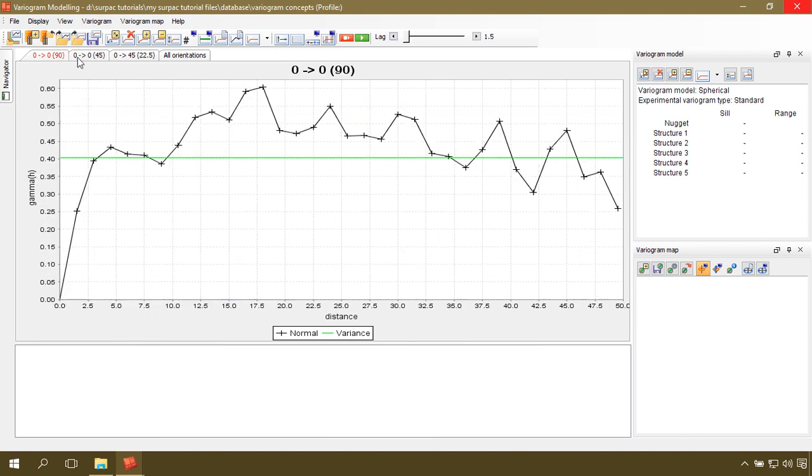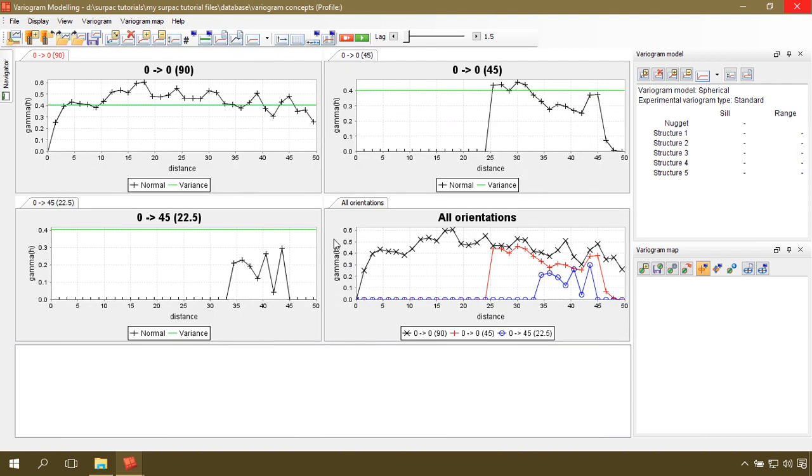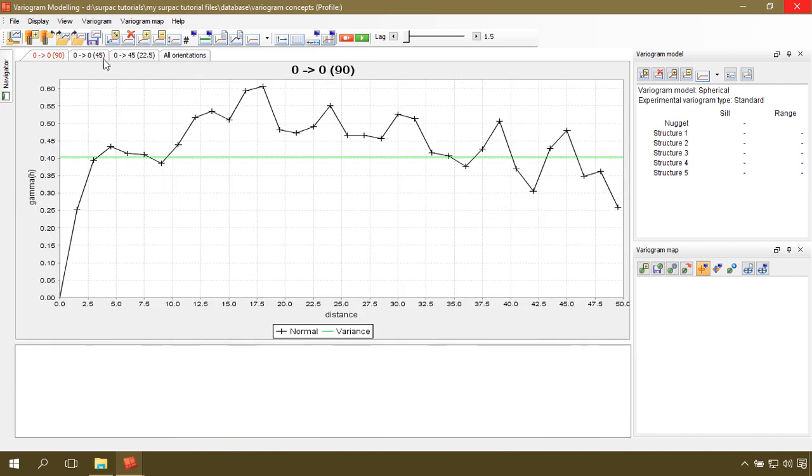Again, you can select any of these tabs, then you right click and you select tile windows. This will kind of create rectangular images for all the variograms. Okay, so this is how it looks like. The very moment you click on a tile, it becomes highlighted in red. Okay, so now the 090 is what I right clicked on, that's why it has been highlighted in red. When I click on this, it will be highlighted in red. Okay, then I come here, I click on it, it's highlighted red, and this is the all orientation chart. You can right click on any of these and go back by selecting tab windows, and you get back to your window. Okay,